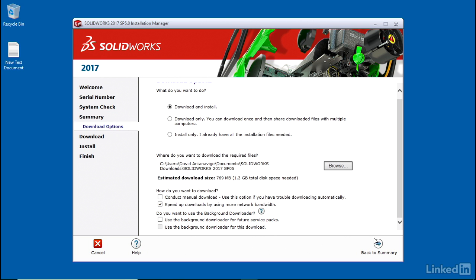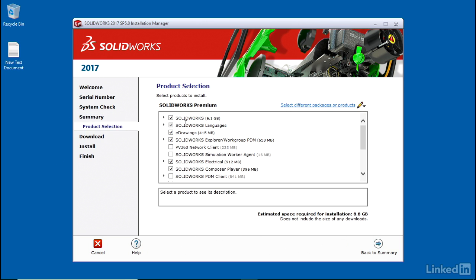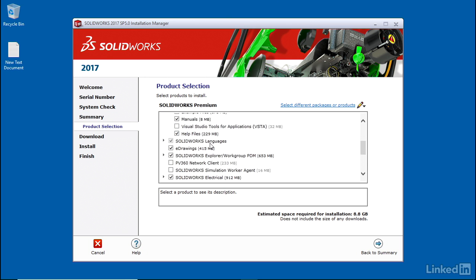All right, so let's go back to the summary. The main part of this is checking the product. So this is what we're actually installing on the machine, and we want to make sure that we include everything. So this is a SOLIDWORKS Premium seat. So that's going to give us the ability to install all the classic SOLIDWORKS add-ins, and then additionally some of